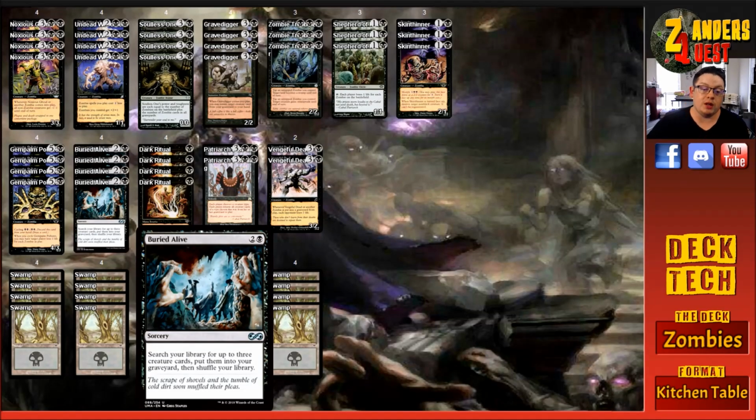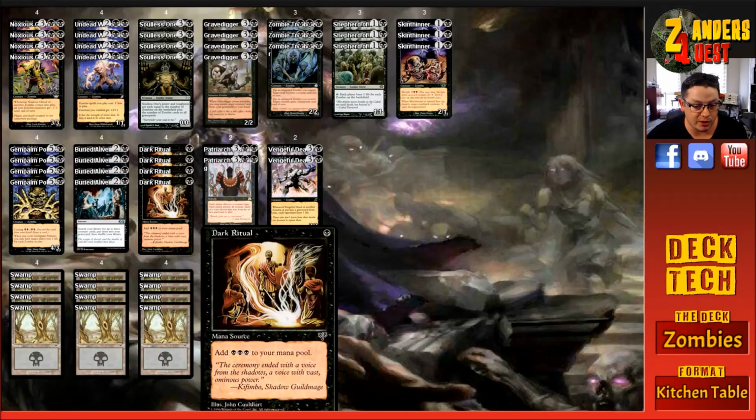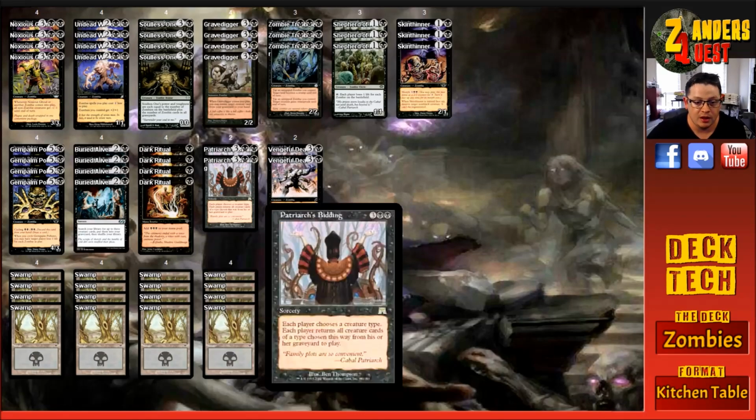Synergizing well with the Soulless One, as well as the Gravedigger, just to be able to tutor for creatures through our deck, but it also comes in really handy with one of the cards coming up. So Dark Ritual, we're also running a 4-of, for 1 black. At instant speed, you add 3 black to your mana pool, and then this card, Patriarch's Bidding, is the reason